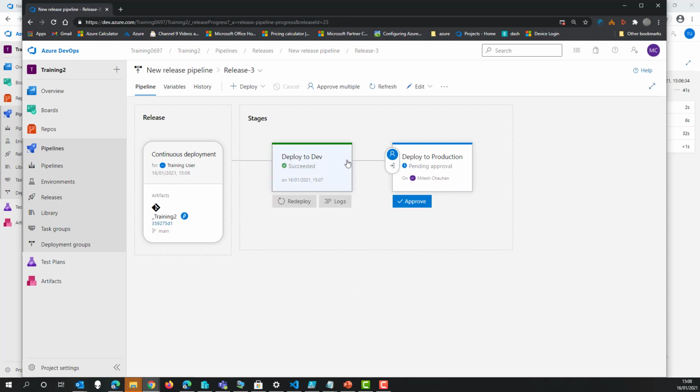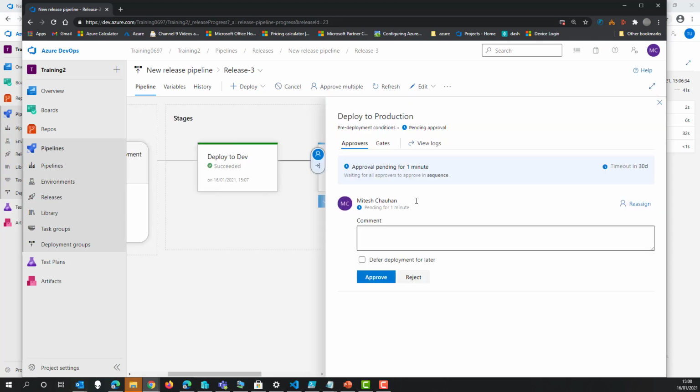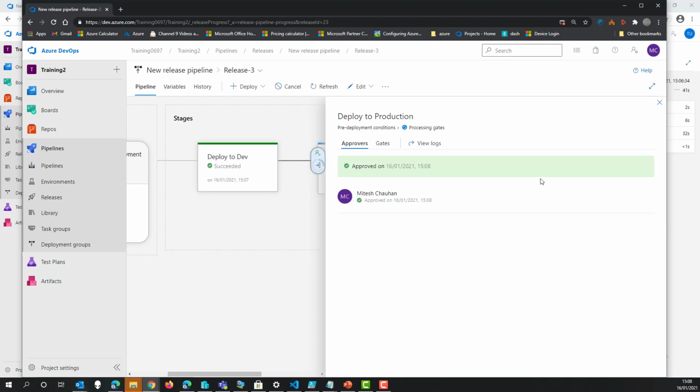So yeah, I could go and check if this has worked okay, everything's fine there. And I could just click the approve button here. I could add some comments. I could even reject it and put some comments, no, go and fix this or whatever, to the dev team, and then just click on approve. And then that will go away and then do the next part of the